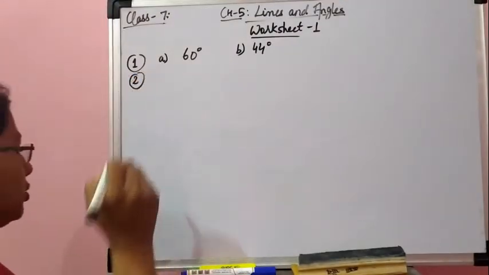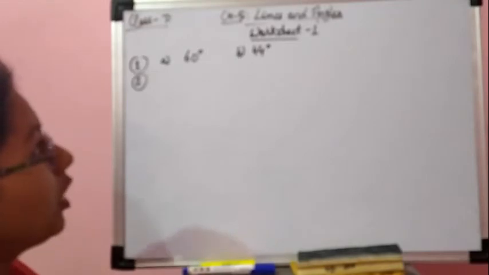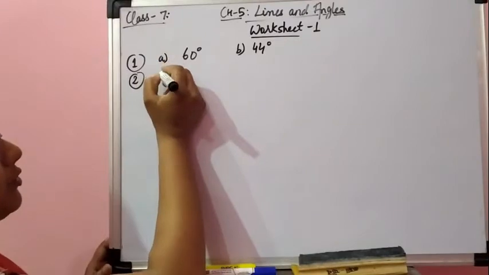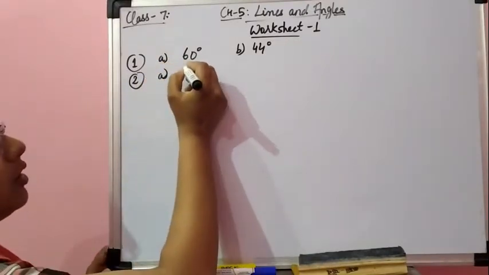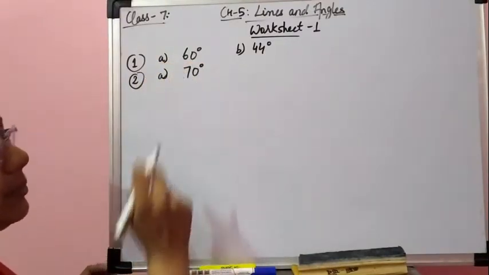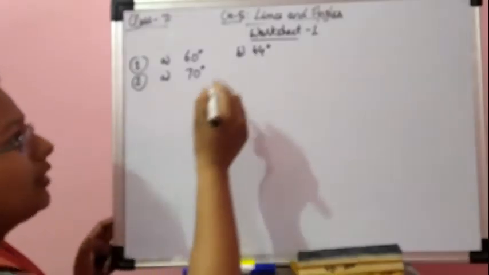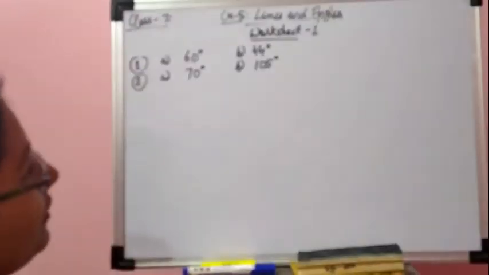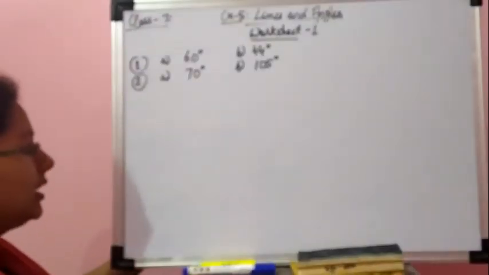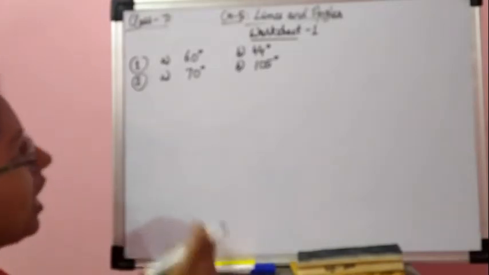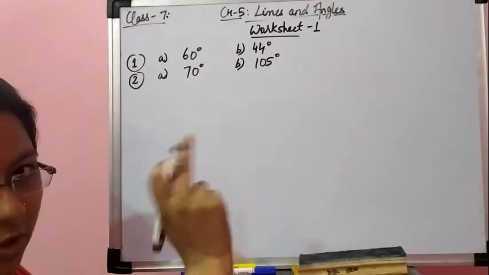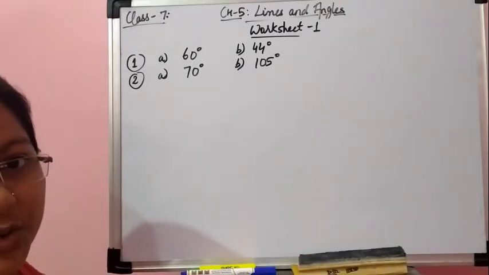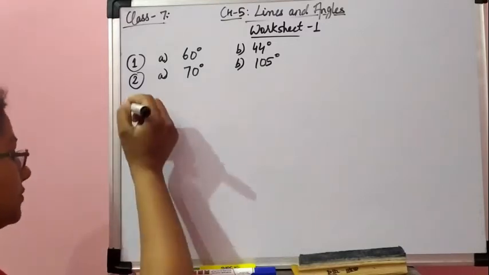Similarly, coming to question number 2, find the supplement. For a supplement, the sum should be 180 degrees, so now we will subtract from 180 degrees. For 110 degrees, the supplement will be 70 degrees, and for 75 degrees, the supplement will be 105 degrees. I have subtracted the given numbers from 180, and these are only the answers. You can match your answers, and for the method, please refer to your exercise solutions. The complete solution you have to write.